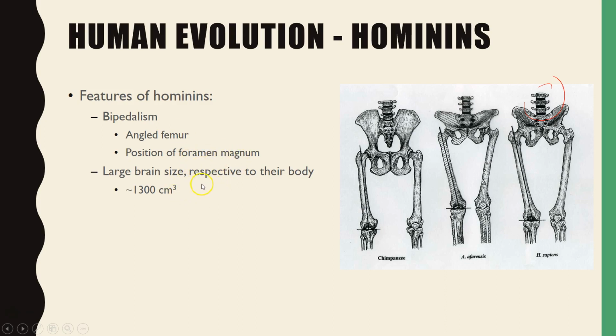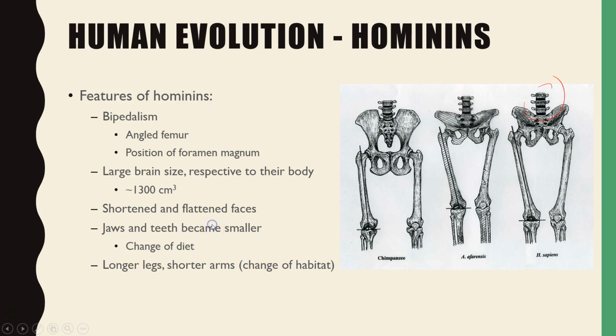Features of hominins also include a large brain size, with humans having about 1,300 cubic centimeters of brain volume. We have shortened and flattened faces in comparison to earlier hominins and also to the apes, such as chimpanzees. If you look at a chimpanzee's face compared to a human face, the human face is much flatter. Our jaws are much smaller. They're not as thick, and the teeth are also smaller in a human compared to a chimp